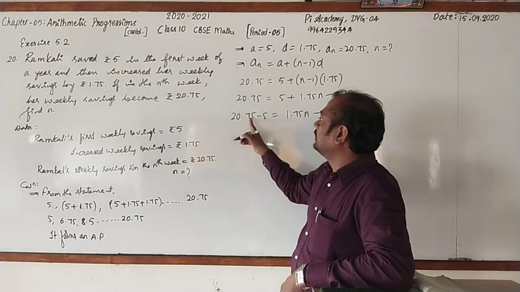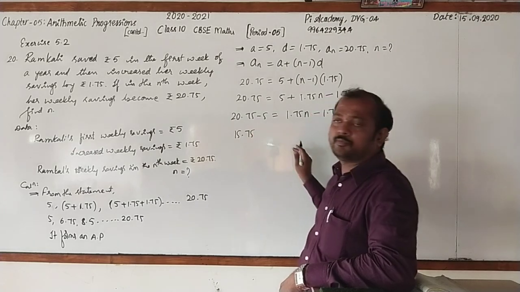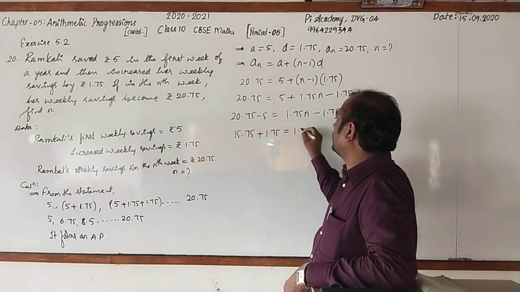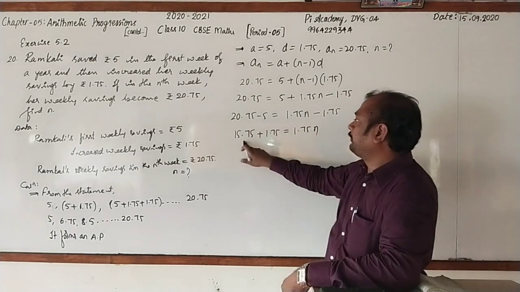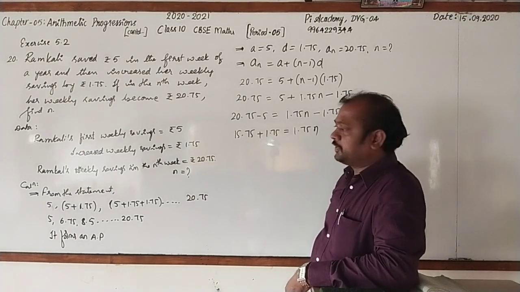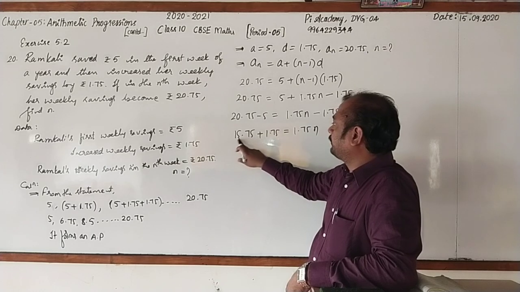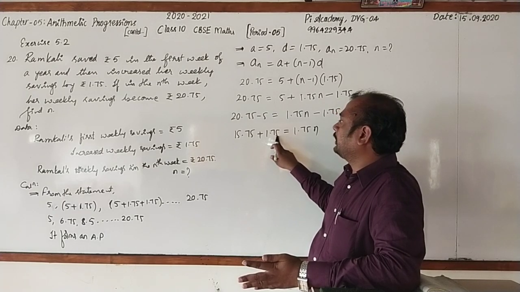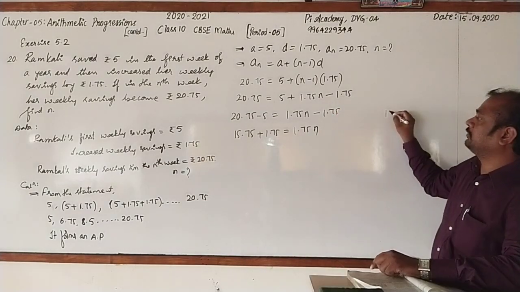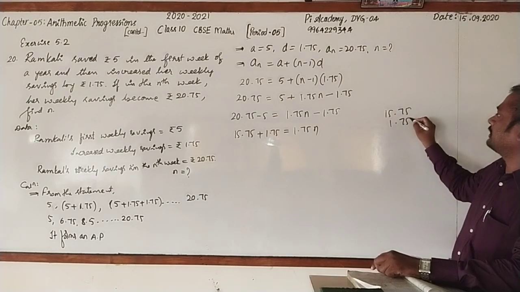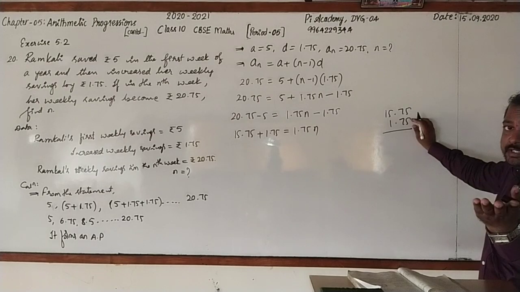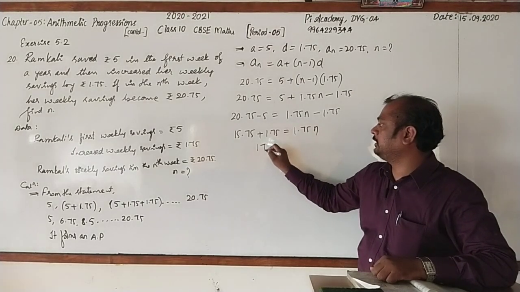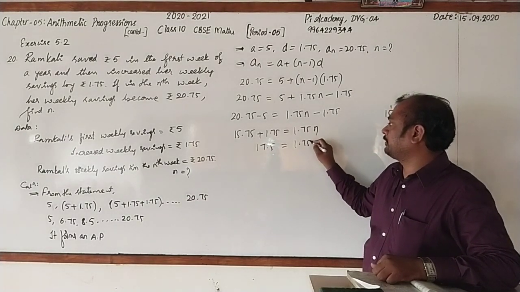How much it will be? So this will be 15.75. Transfer this to the left hand side. Plus 1.75 is equal to 1.75 n. 15.75 plus 1.75. It will be 15 plus 1, 16. 0.75, 0.75, it will be 1.5. Right? You can go for adding 15.75, 1.75. 0.75, 0.75, it is 1.5. 0, carry 1, 15, carry 1, 17. It is 17.5. It is equal to 1.75 n.